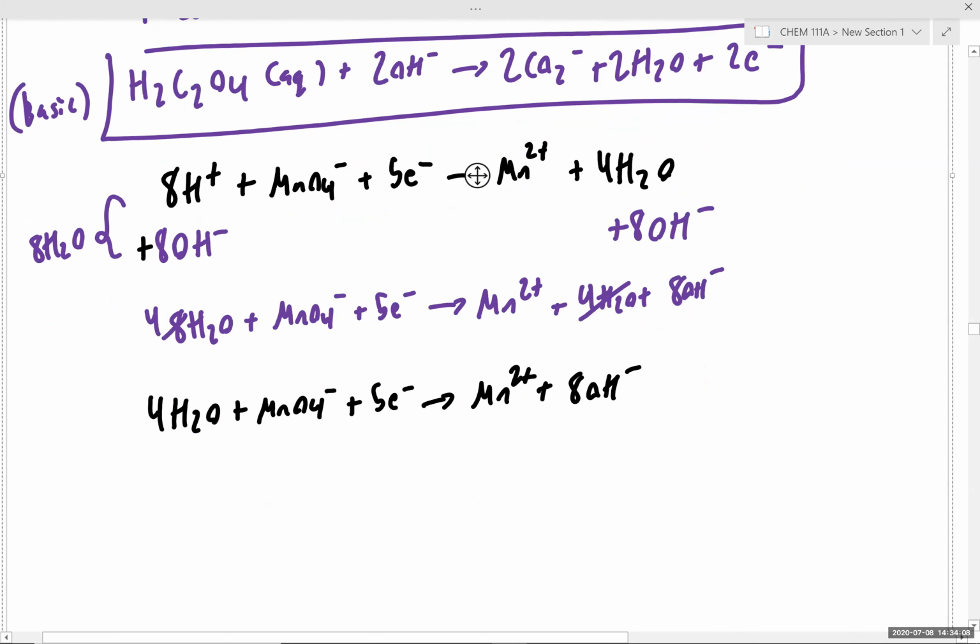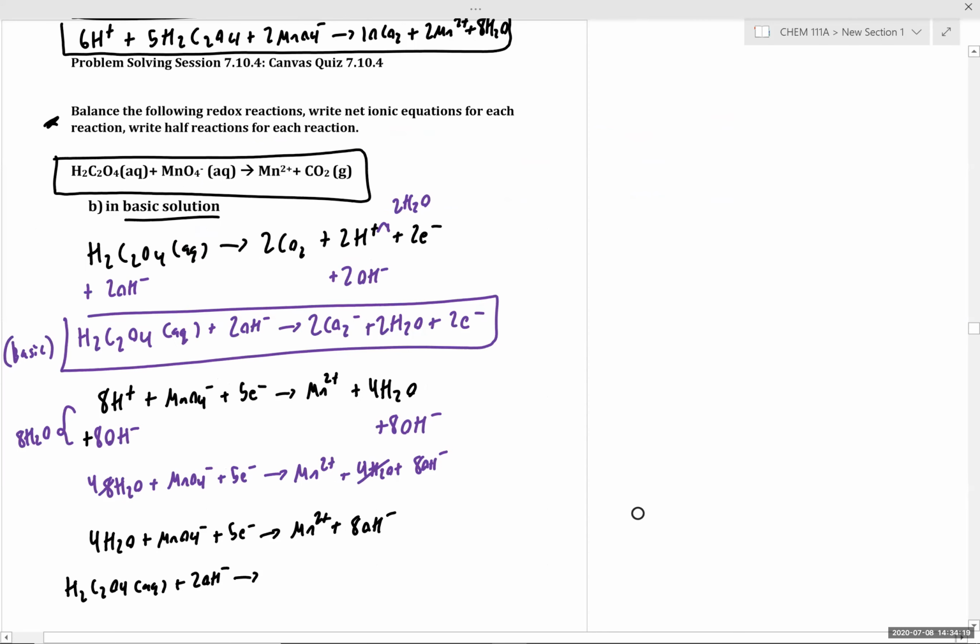Now let's write our other half reaction. We have H2C2O4 plus 2 OH minus leads to,